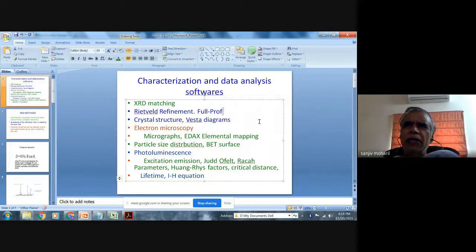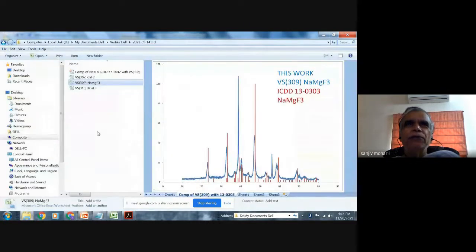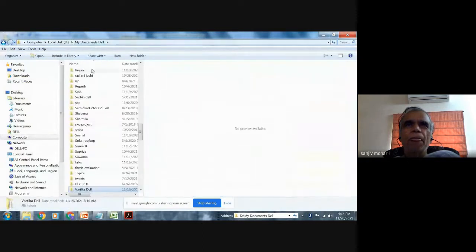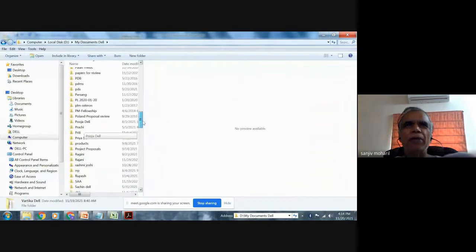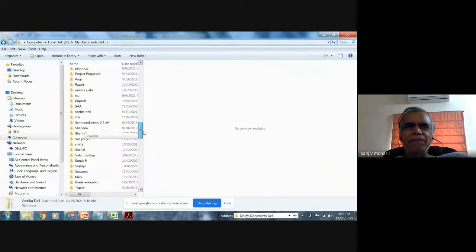So you can take help of these people, and on campus, Dr. Palikunwar, he is also an expert in this Rietveld refinement. Now, what this Rietveld refinement gives you is, in fact, quantitatively, the goodness of fit parameters. So this we can obtain, you know. I will show you some examples of Rietveld refinement, if I can get that.